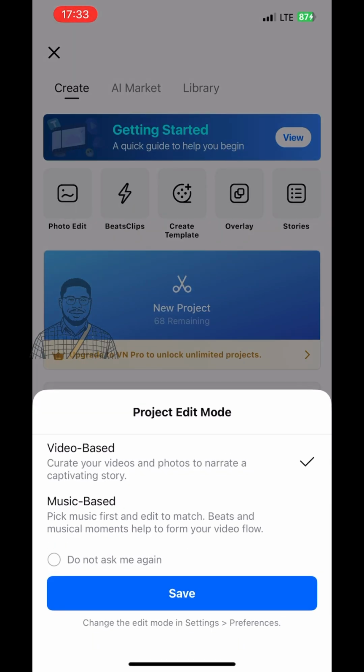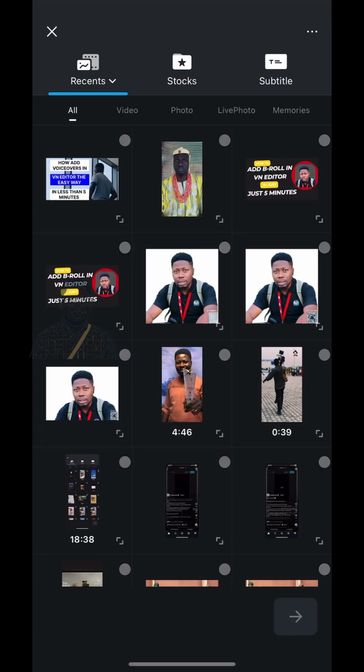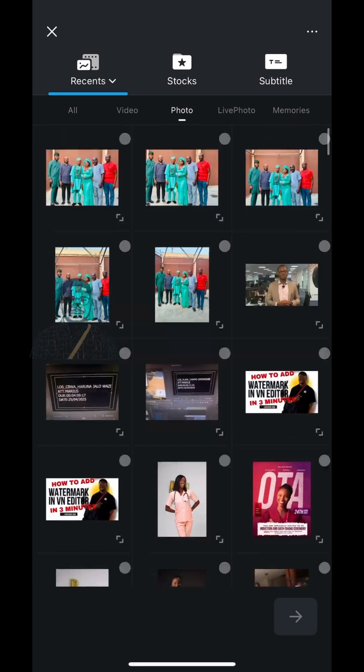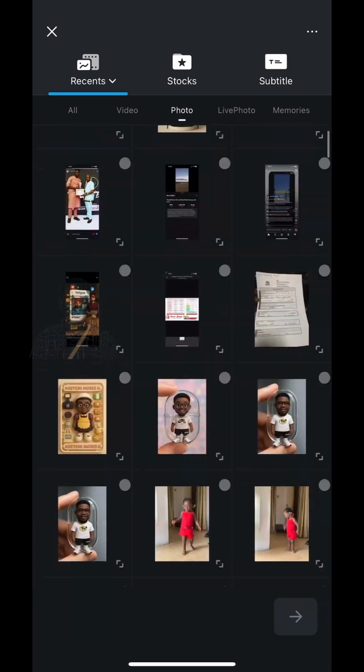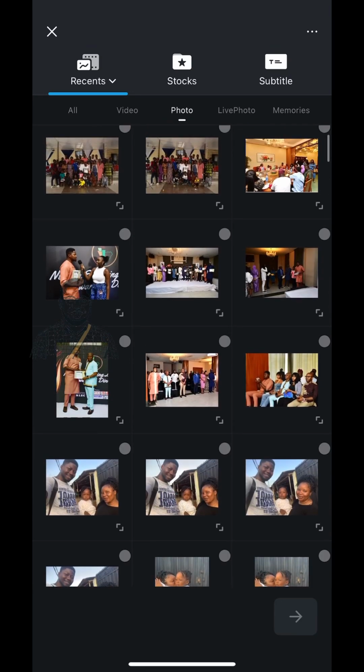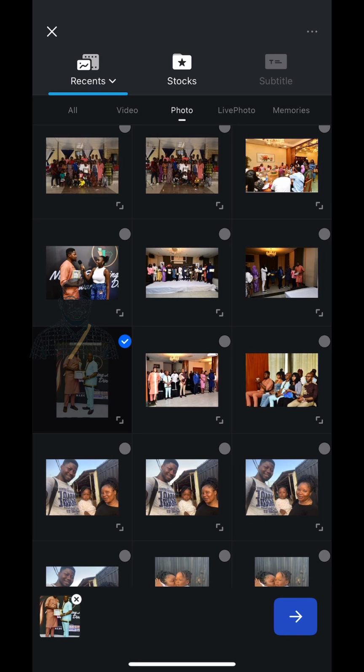So I'll be taking you through how you can add a voice overlay on any of your clips, either pictures or videos. So I'll be using pictures. So first of all, just click on the plus icon to get your new project. So select all the pictures or videos which you want to use to edit. So once you've done that, just lay it on the timeline, then